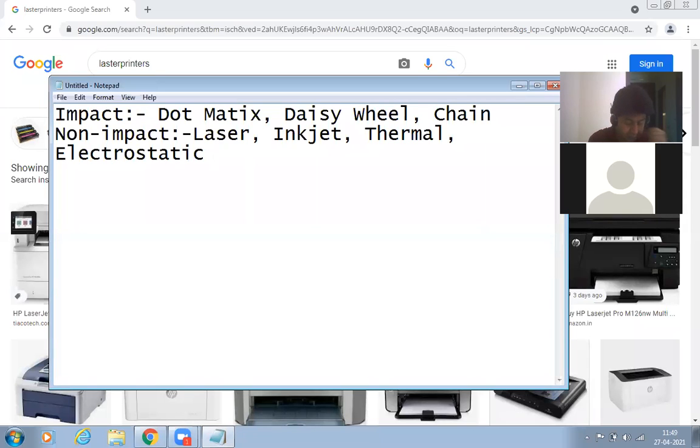So these are the examples of non-impact printer.